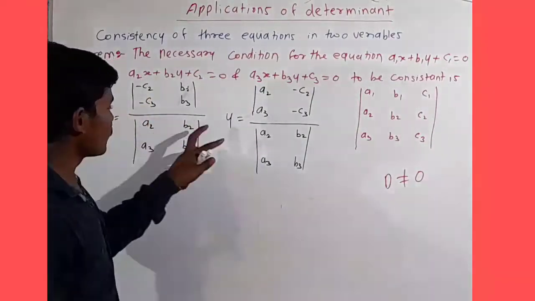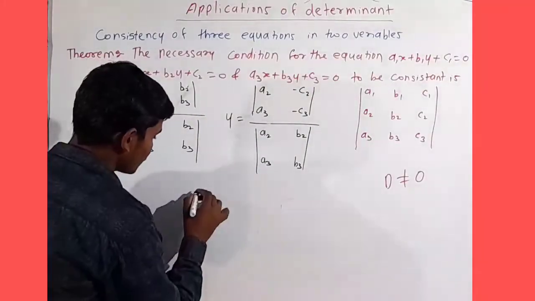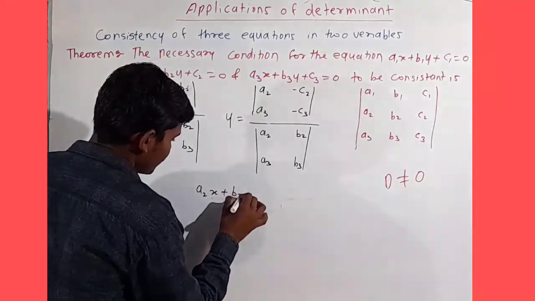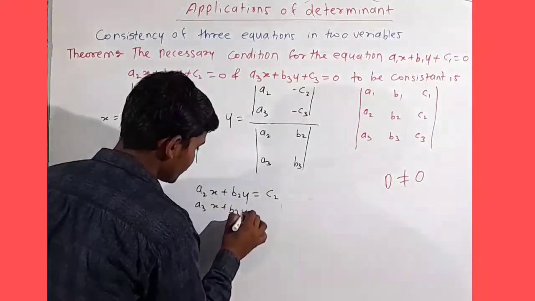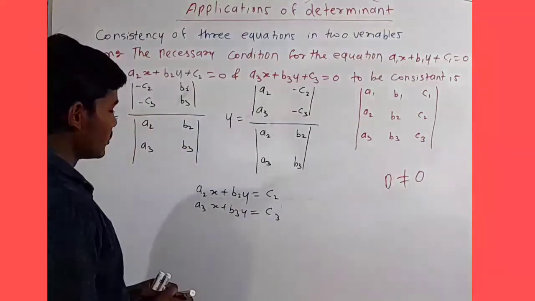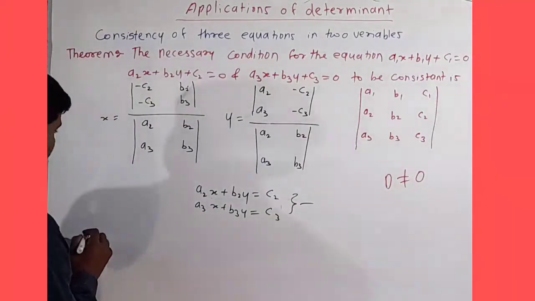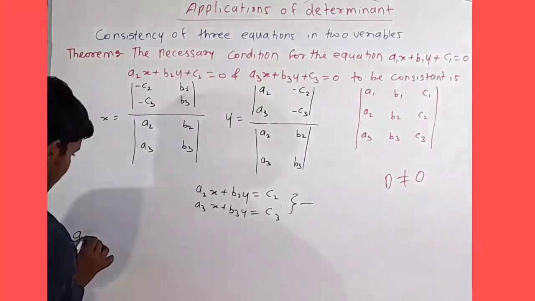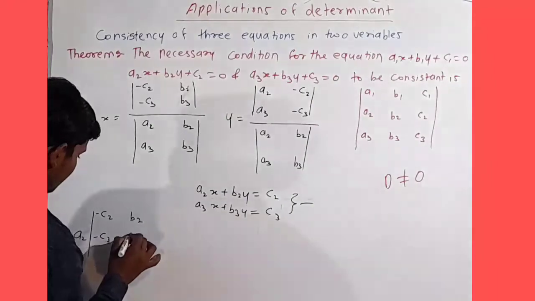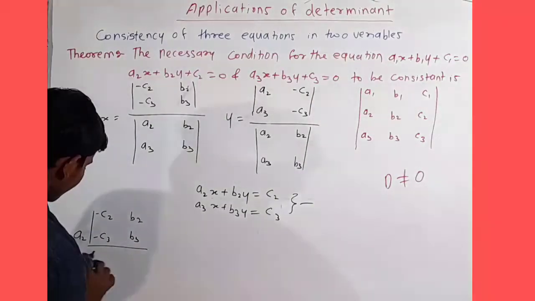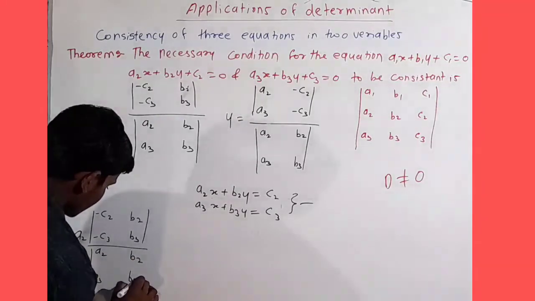Put these values of x and y in the equations that I am writing here: a2x plus b2y equals c2, a3x plus b3y equals c3. Putting these values in these equations, we get a2 times the determinant with minus c2, b2, minus c3, b3, divided by the determinant a2, b2, a3, b3,